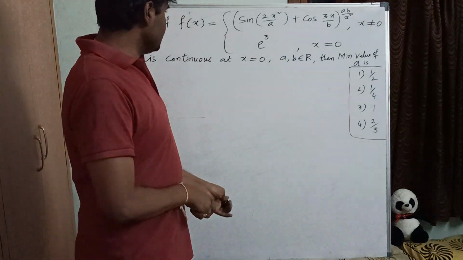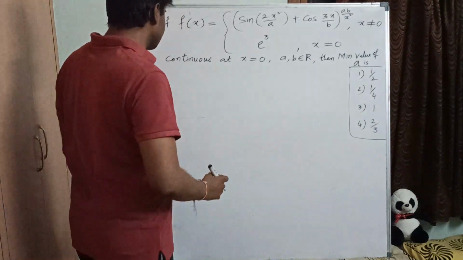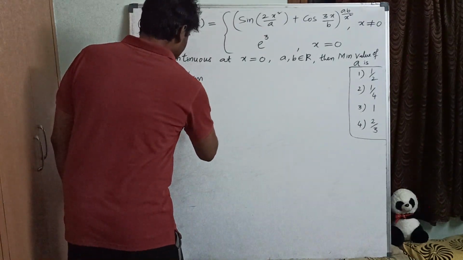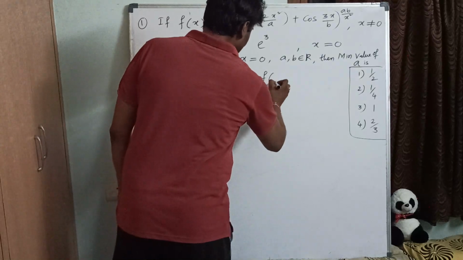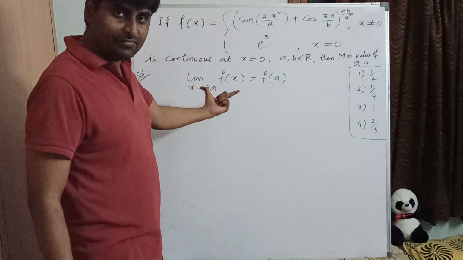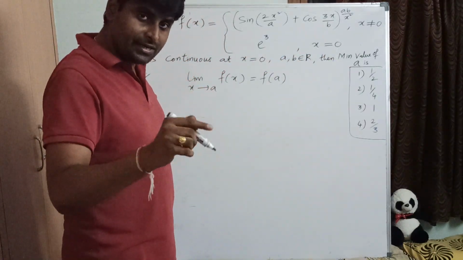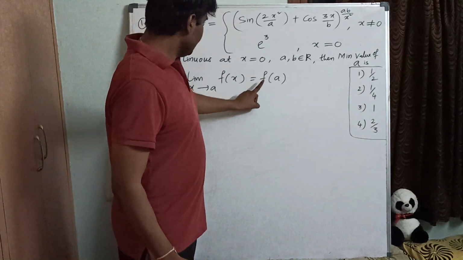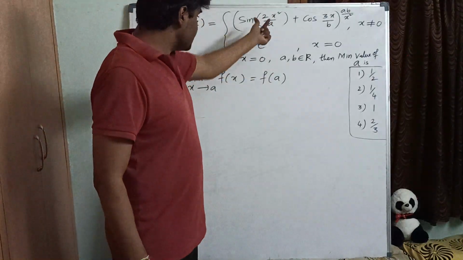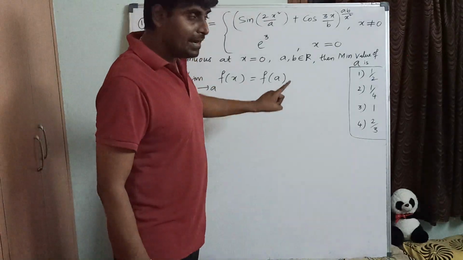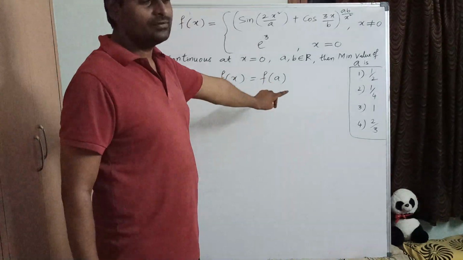So what is the condition of continuity there? For x equal to 0 and x not equal to 0, the limiting value should be equal to the functional value. This is the property, as we know: limit x tends to a, f of x equals f of a. Correct? This is the property generally we apply. So f of a means f of 0, as we are going to find whether the function is continuous at x equal to 0. The f of 0 value is already given as e cube. That must be equal to the limiting value. Whenever I equate both, I am going to get the value of a. That's it. We just have to remember this condition.